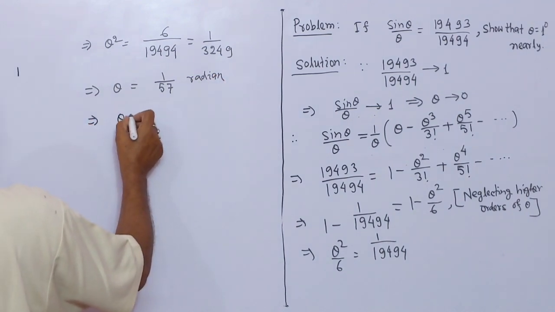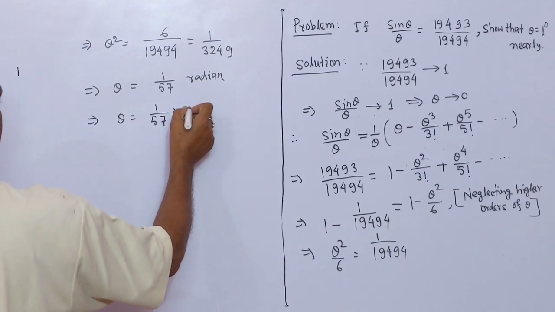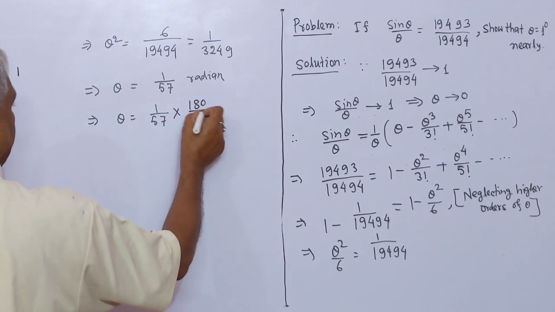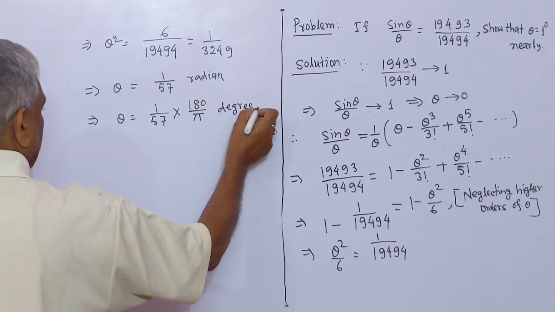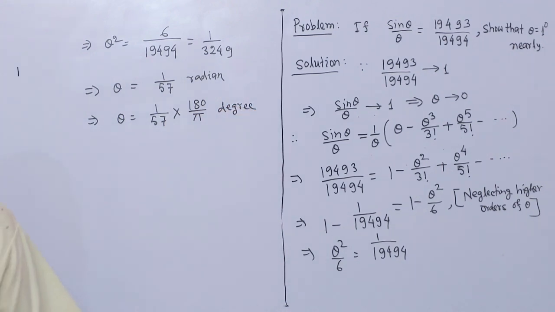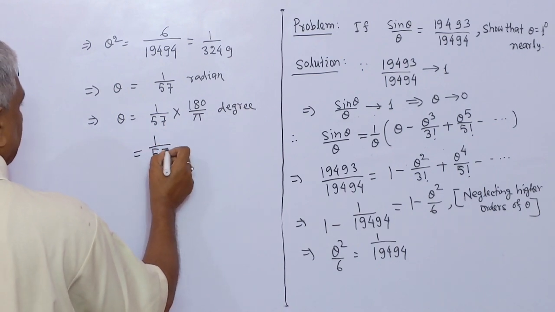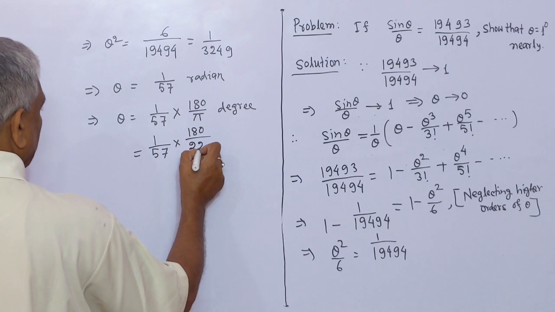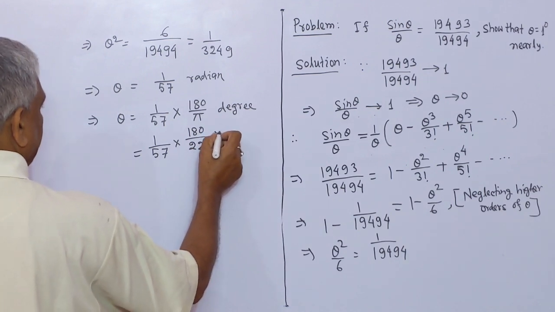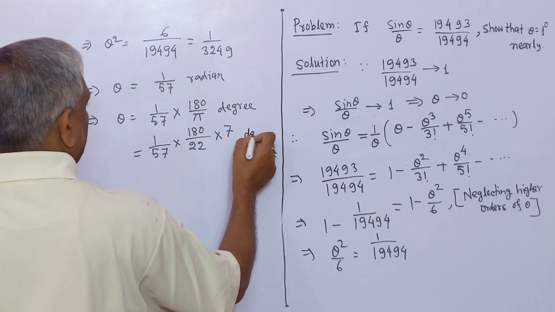This implies that theta equals 1 by 57 radian multiplied by 180 by pi. This is degree. Conversion of radian into degree: this will be equal to 1 by 57 multiplied by 180 by 22 by 7. This is multiplied by 7. This is degree,